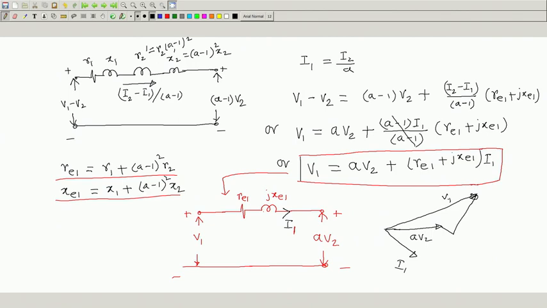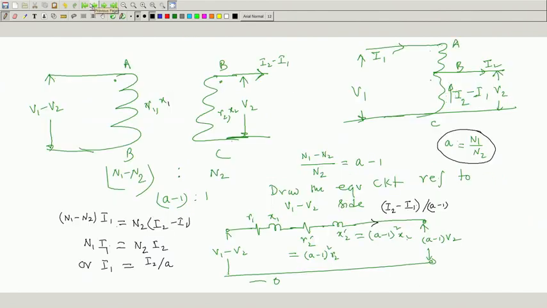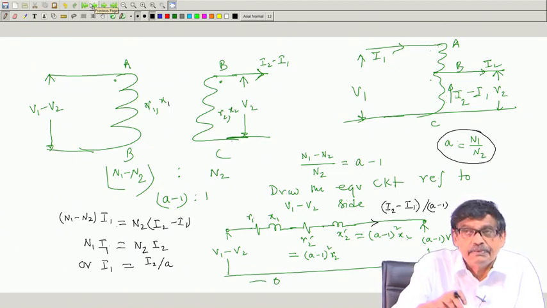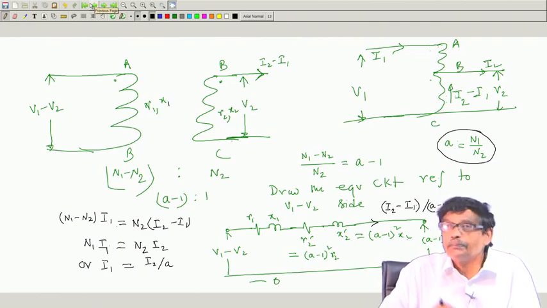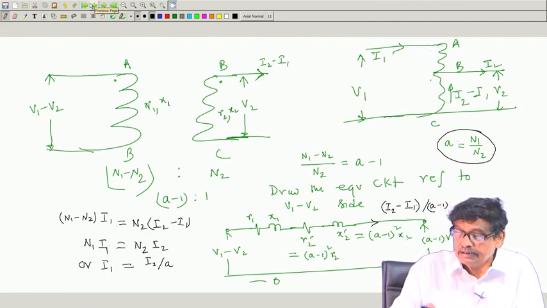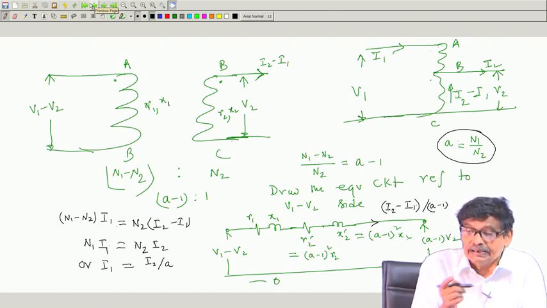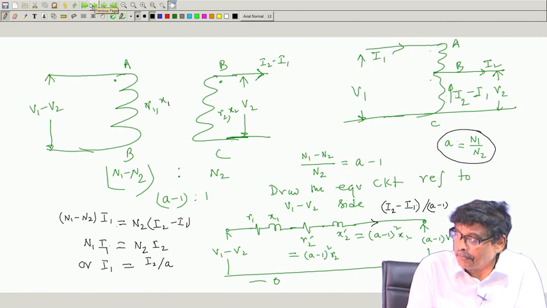People write a lot of equations, try to prove it, but what I am telling is this can be very quickly drawn, provided you apply the rules of two winding transformer for the windings AB and BC, because they are separate windings. And so, as if I say that across AB, V1 V2 is applied,